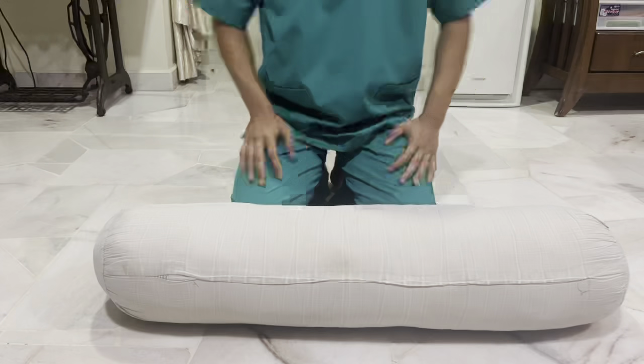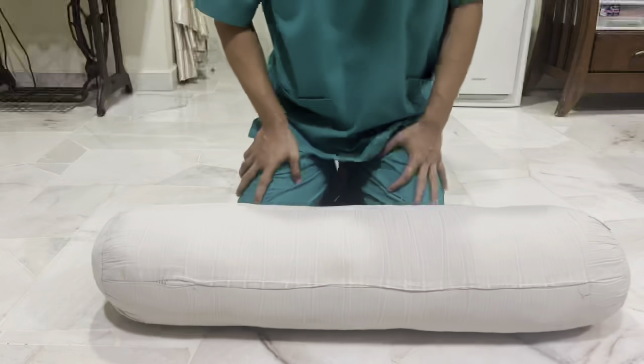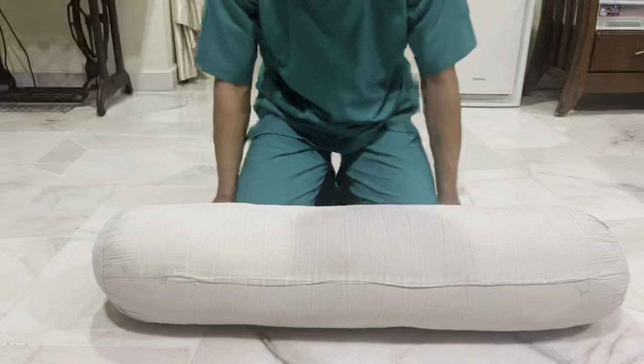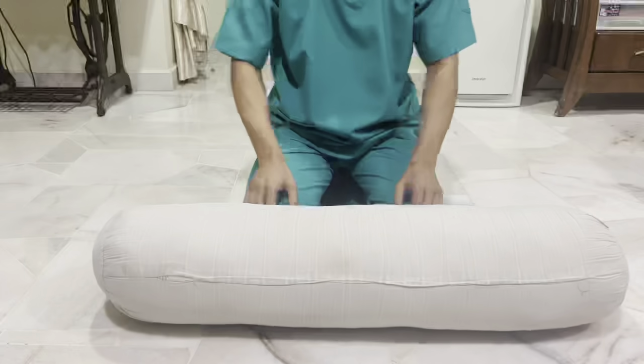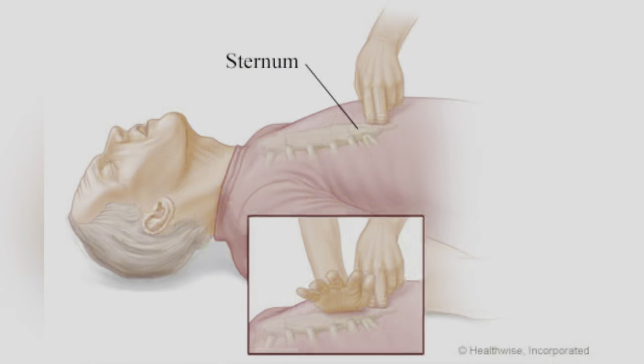So the first step to do is making sure that you are in a comfortable position. Make sure that you kneel close to the patient's body. And now one of the most important parts is the hand placement. When you want to perform CPR, you must make sure that your hands are located at the right position. Use your other fingers to detect the bottom of the sternum, like you see in this picture. Once you detected it, the other hand must be placed on the sternum,